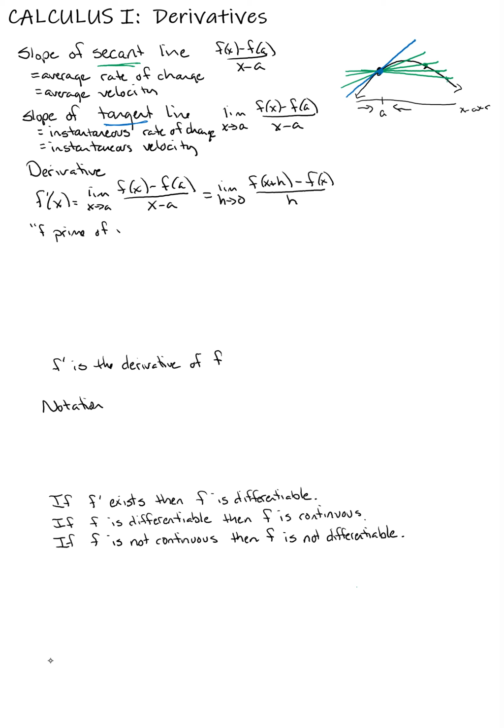That's how that's read. I want to kind of informally go over how these two things are the same. Now again, the idea, this one hopefully you can see, I just take my slope of a secant line, take its limit as my x value gets close to the a value, and we're good. But now how do I go from that limit to this thing with the h's? So again, just kind of informally,